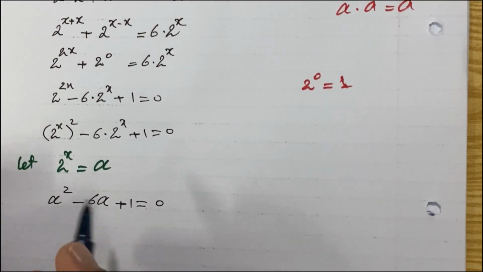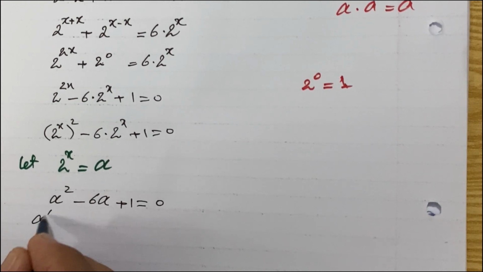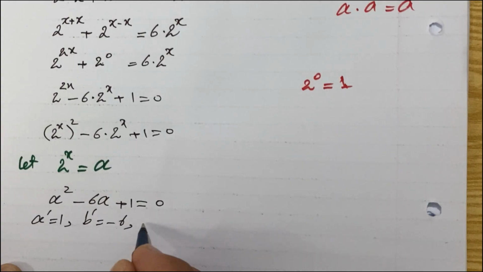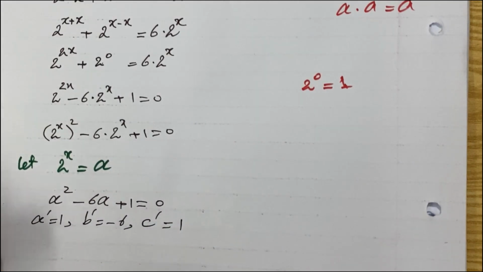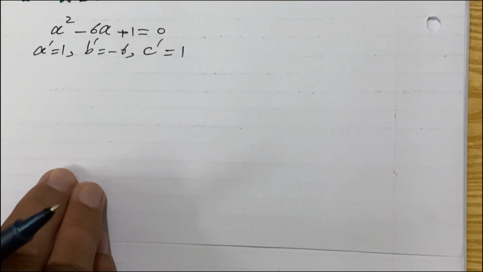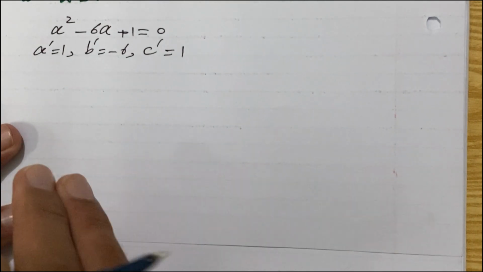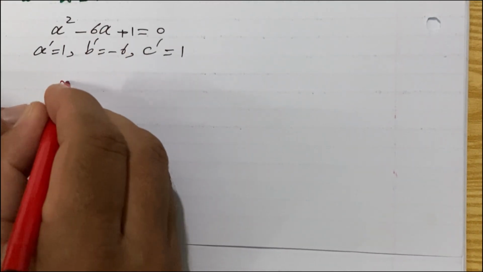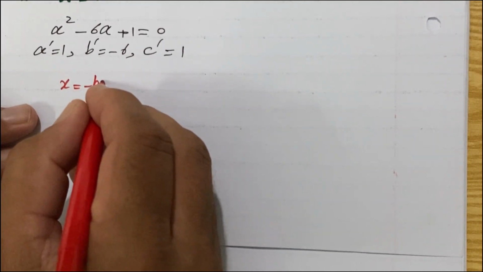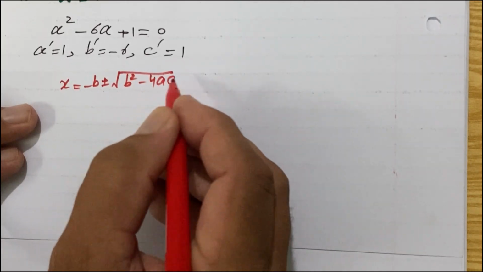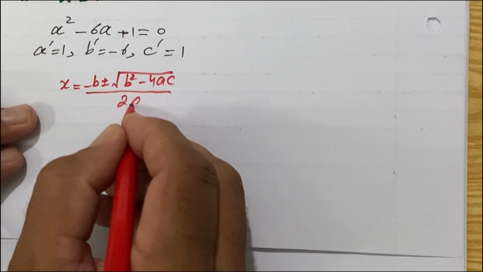Now using quadratic formula, a dash is equal to 1, b dash is equal to minus 6, c dash is equal to 1. Then x is equal to minus b plus minus under root b square minus 4ac over 2a